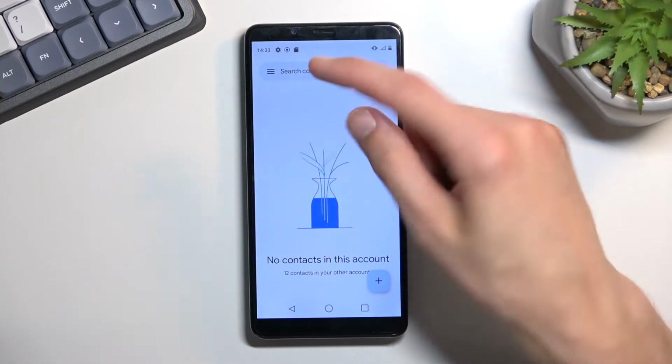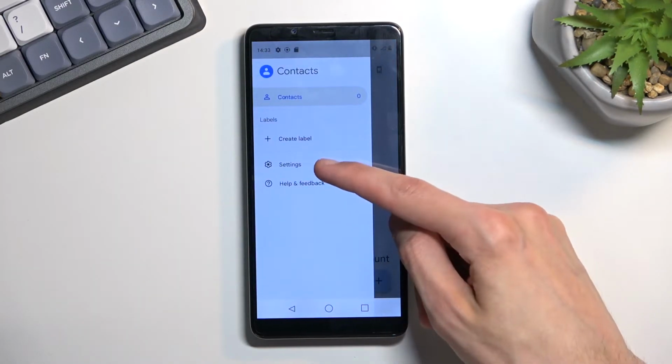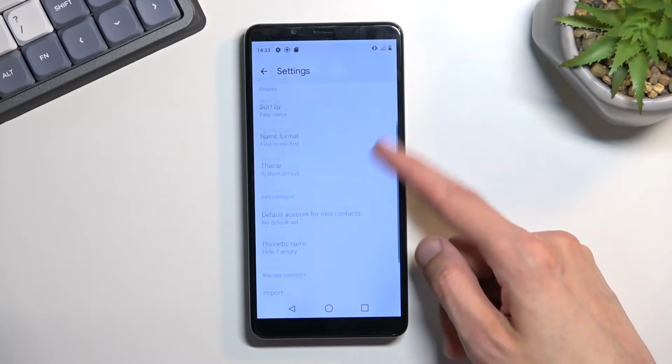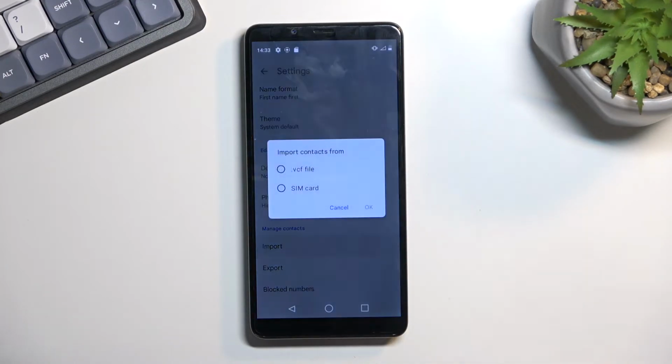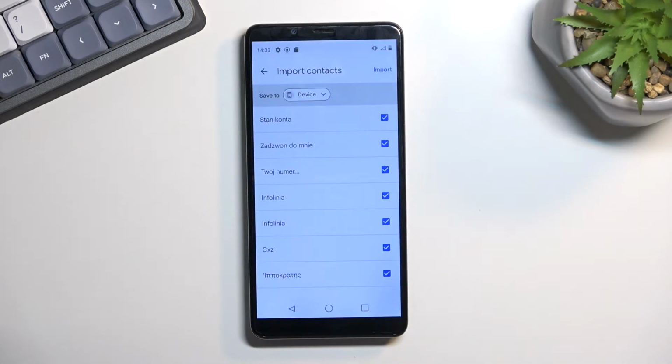And here you want to tap on the three bars, navigate into the settings, and at the bottom of the list you will find the import option. Click on it, select your SIM card, and then this will show you all the contacts that are located on